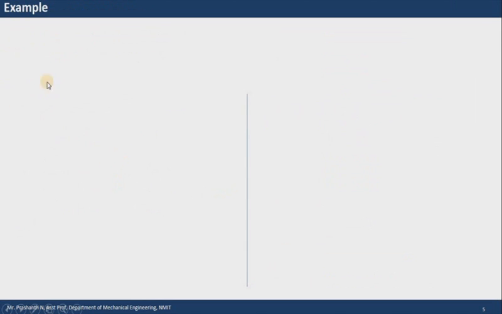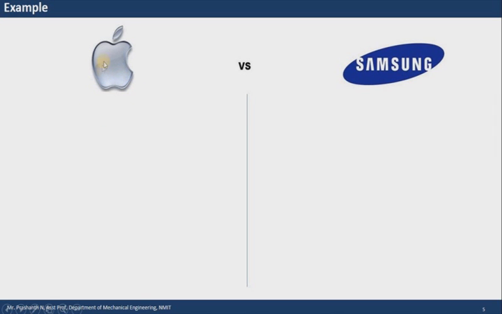Now before doing that, I would like to take an example first. So let us take an example of two different companies. Apple, which is basically a US-based MNC, and then you have Samsung, which is a South Korean conglomerate company. So these two are the giants in the consumer electronics market, right? As we all know. So what competitive advantages do these two companies have? They both have their own market share. They both have their own loyal customers.